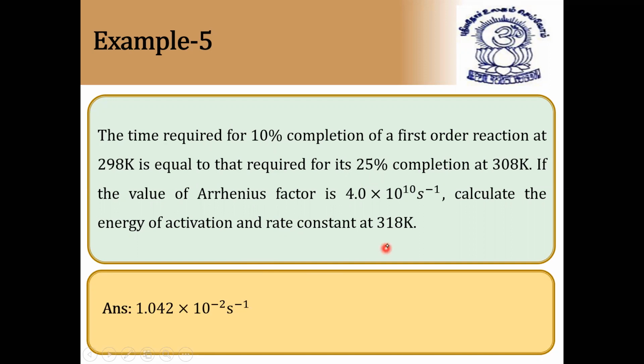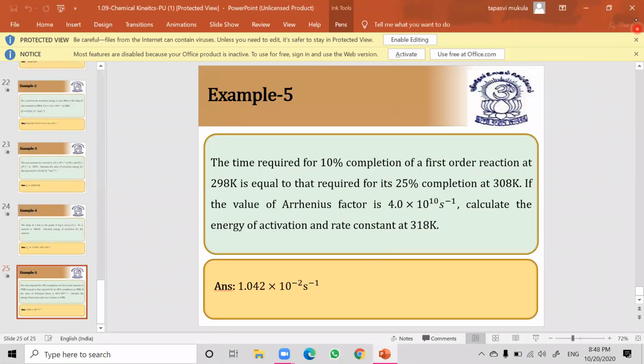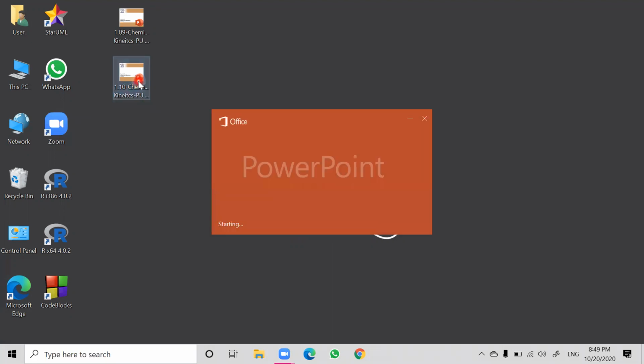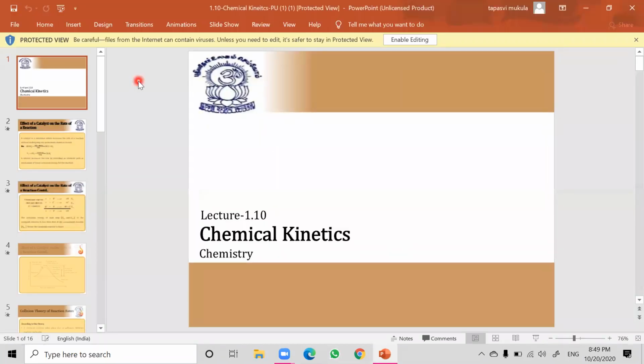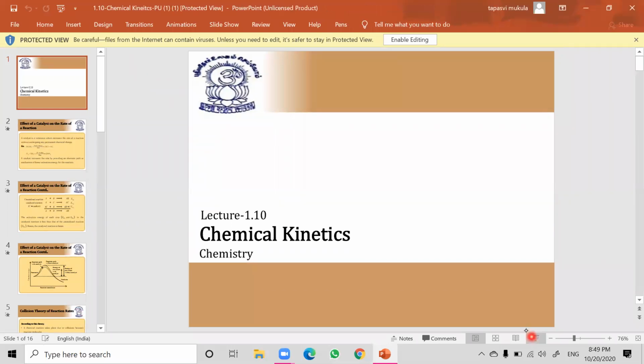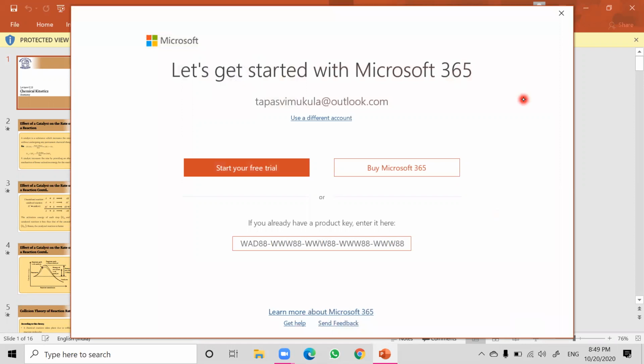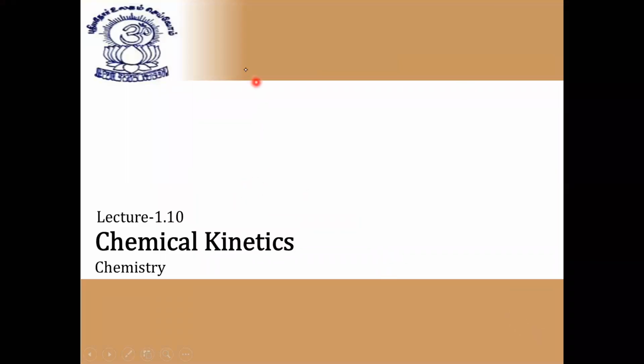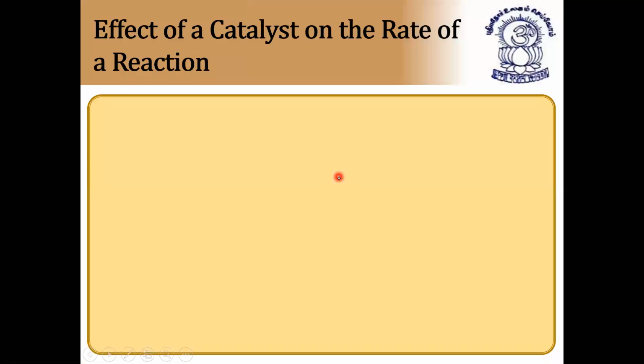So next question. Next we have a new topic that we are going to discuss now. And this is the last topic in this chapter. Our Arrhenius factor is also done. We have to do the last topic now. What we have done in this chapter, we'll also do in the next session. In the next session we'll do a completely objective orientation from all the topics covered in this chapter. So that is also most important.